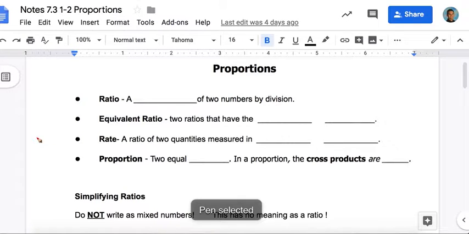Welcome to my video on proportions. So we're going to review some vocabulary and then I'm going to show you how to set up and solve